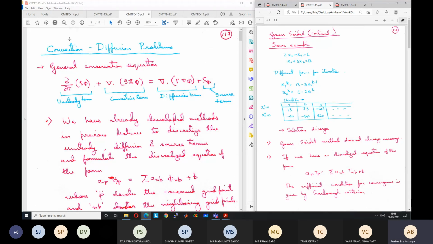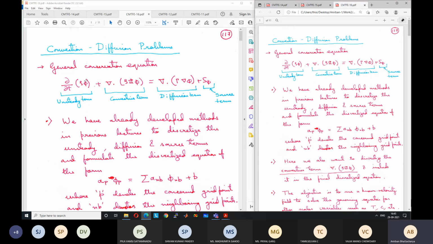So convection diffusion. So till now what have we seen? We have seen diffusion problems with source terms, and diffusion problems with unsteady terms. Okay, so if you remember the general conservation equation, our equation has this form: